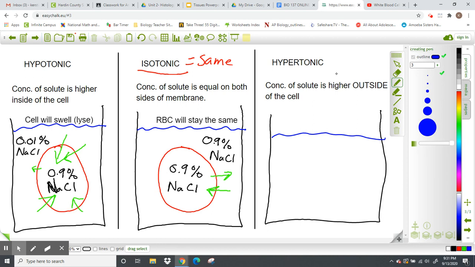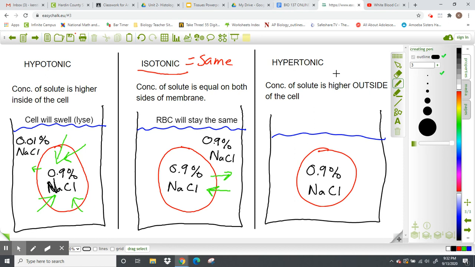Same water, same red blood cell, with the same concentration of salt, so 0.9%. Okay, now, but this time, we are going to have, let's say the salt concentration on the outside needs to be higher. So let's say we're going to put it at 5%